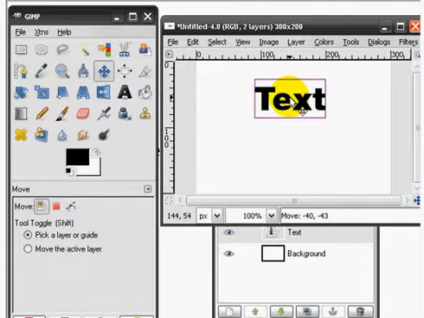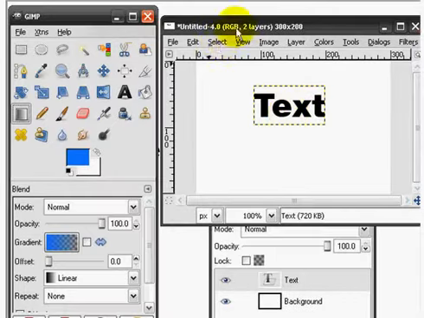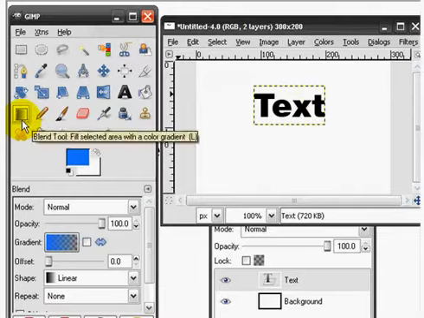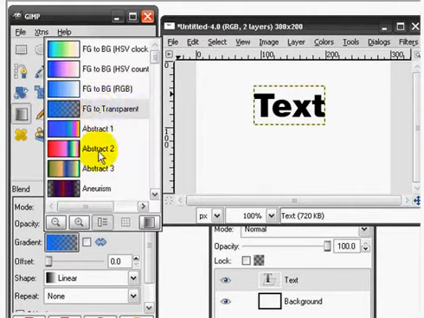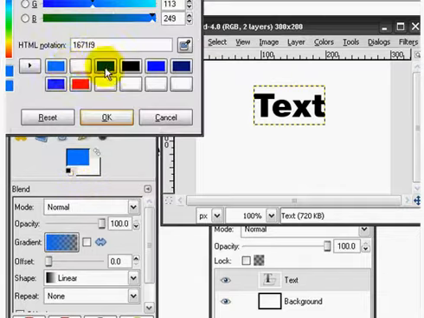So I want to move it to the top center just because I'm going to make a reflection later on, and you'll see that in a minute. Okay, so the next thing we're going to do is add a gradient to here. So click on the gradient tool, make sure that it is a foreground to transparent, choose a foreground color. In this case we're going to choose blue,